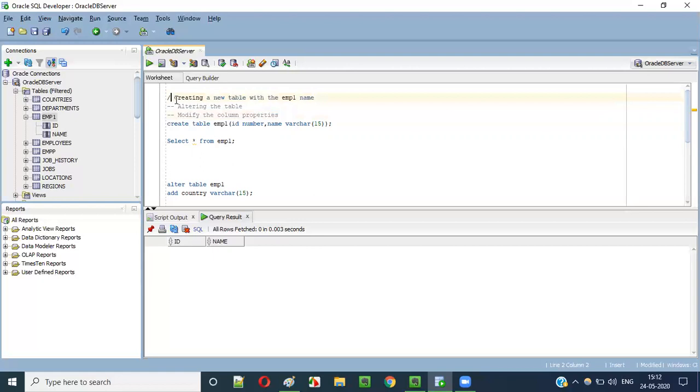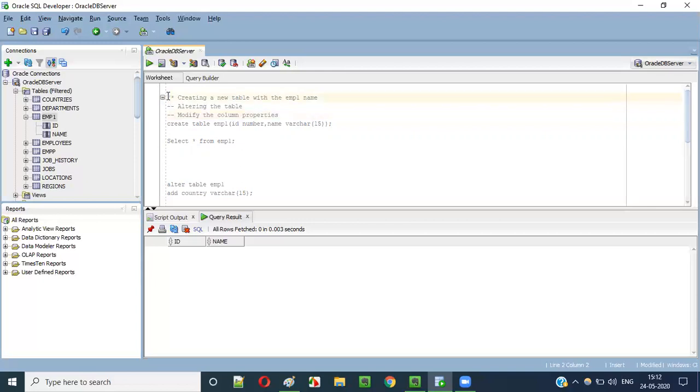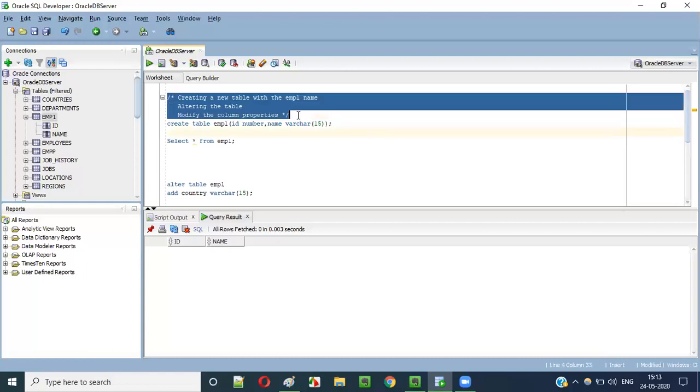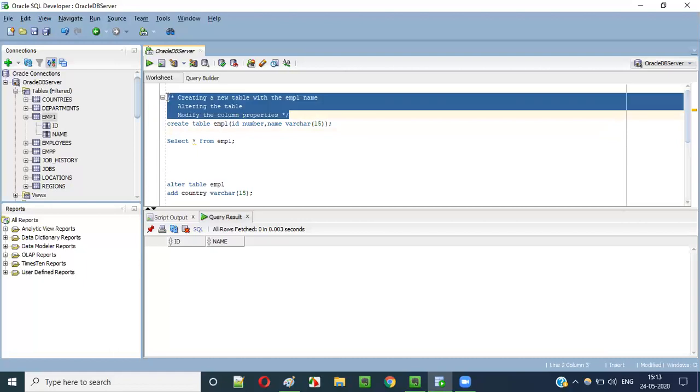Simply say slash, okay. You don't need a double hyphen for every single line of comment. Instead, at the beginning of the multiple line comment, you can provide a slash and asterisk symbol, and you can remove these hyphens, they are not required now. And at the end of the multiple line comment, you can say asterisk, slash. From here to here, everything is a comment, guys. This is a multi-line comment.